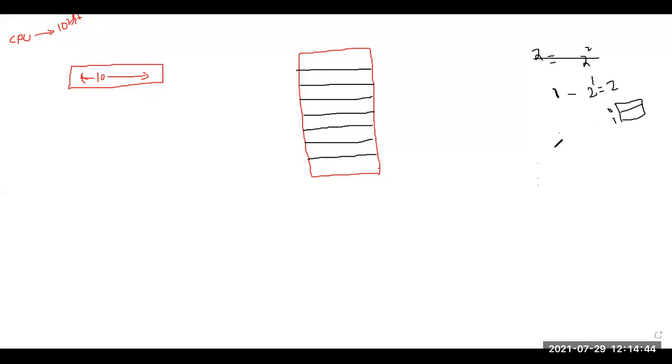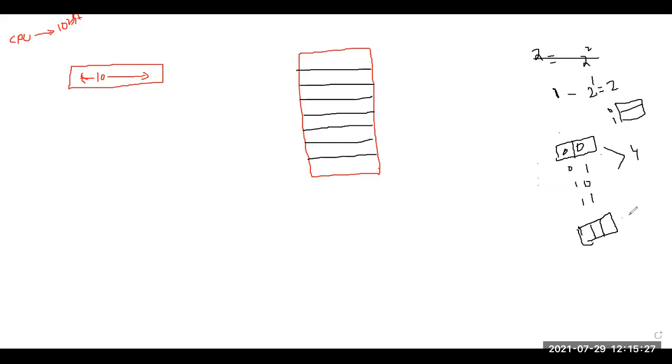If there are 2 bits, how many addresses can I store? In a 2 bit combination, the locations can be 00, 01, 10 or 11. So the maximum number of locations that can be supported is 4. Now suppose 3 bits: if the CPU is using 3 bits for address generation, what is the maximum number of locations that can be addressable?